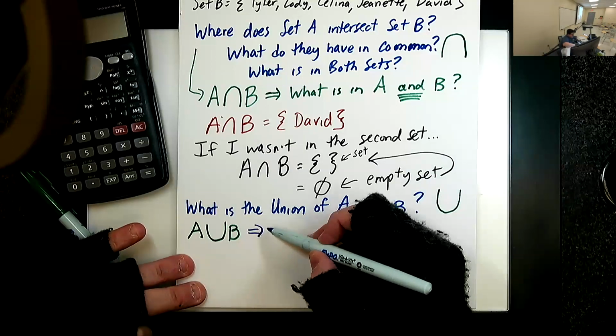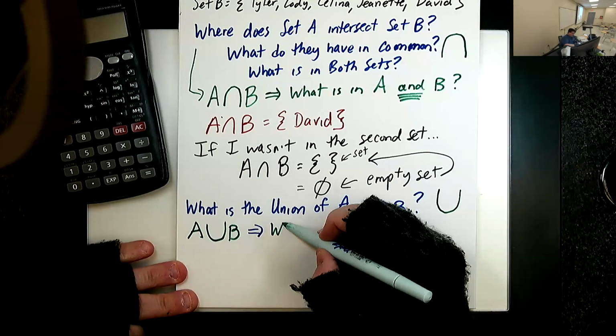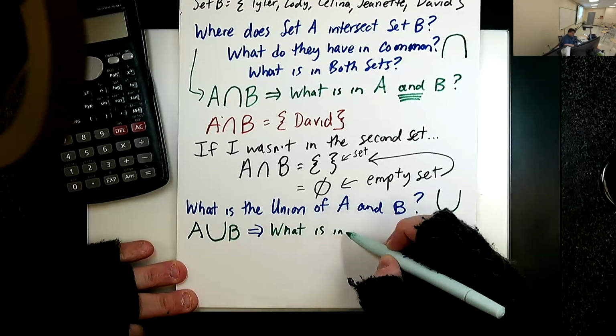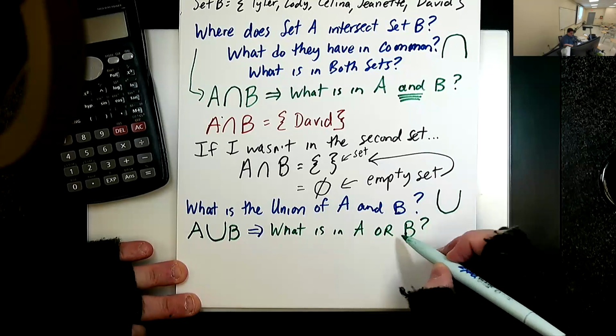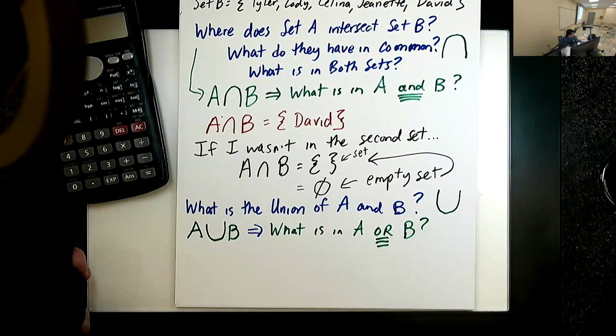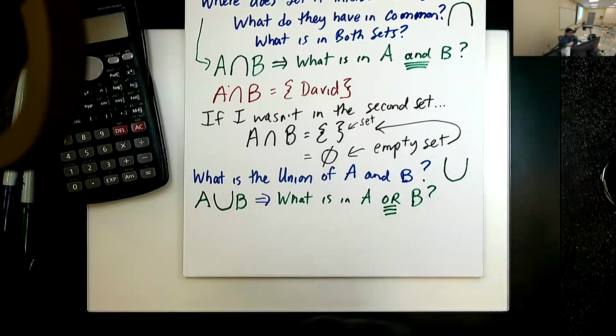And what this means is what is in A or B. And the or here is the important word here. So when we're doing it,